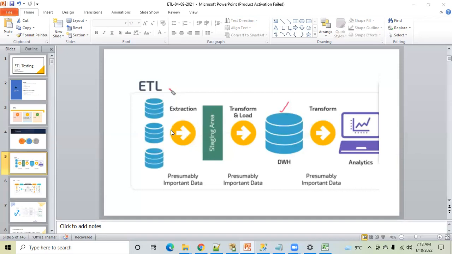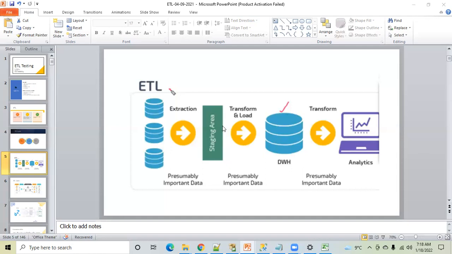What all are the transformation rules? What are the logics? What are the business validations when we are extracting data from any sources and keeping in this staging area? Of course, we have certain rules which we will be discussing. And you can also ask the question why we have this staging area. We will discuss all these things. I'm just showing you the stations which will come in between.